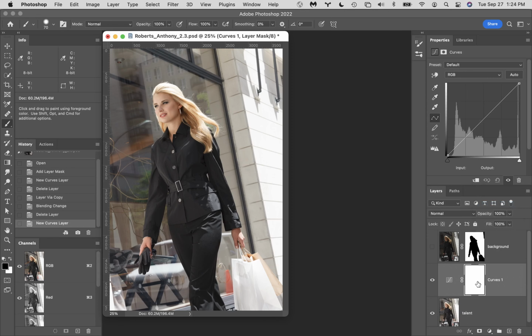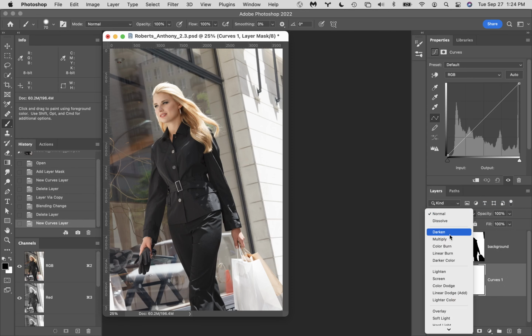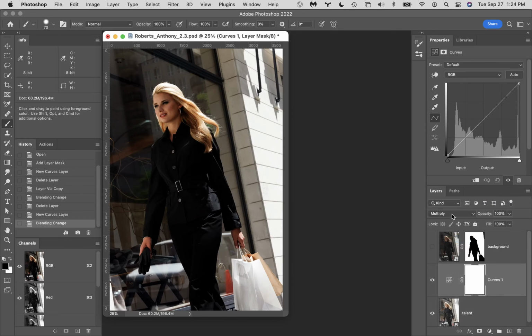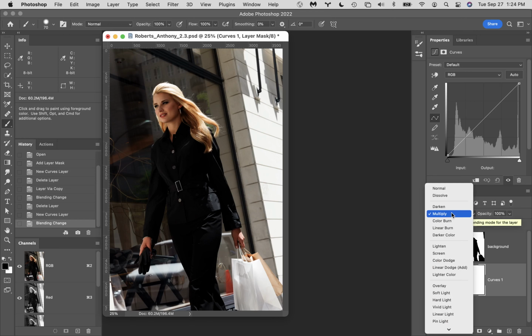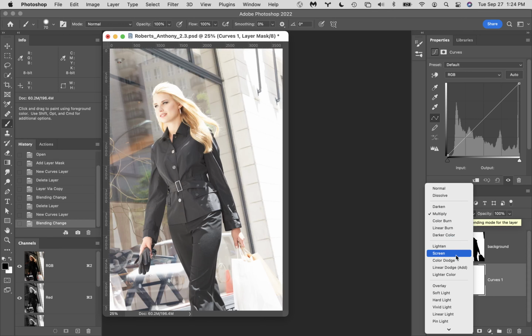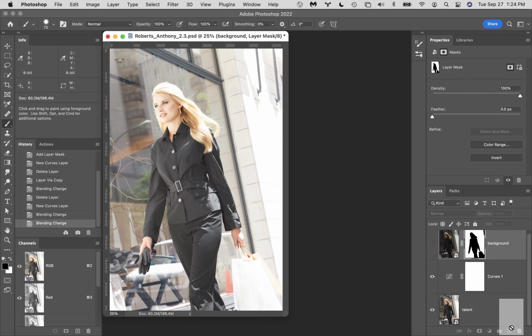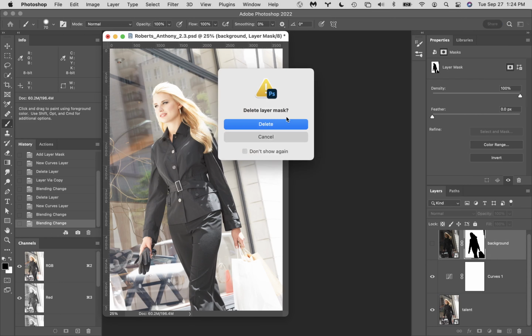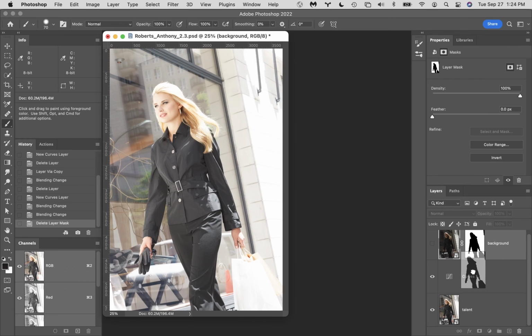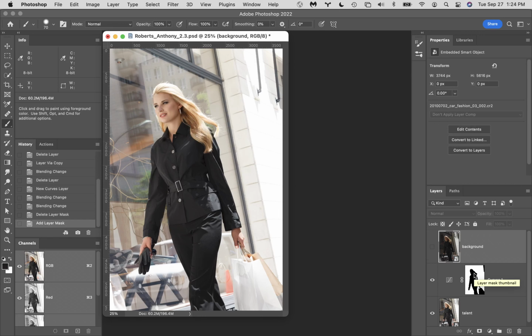On this curve, I'm going to set it to multiply, and you'll see we get the very same thing. So multiply will make this whole thing darker. However, I want to do the opposite of that. I'm going to hit screen to make it considerably lighter. Then I'm going to get rid of the mask that's on there, simply delete it, and drag this down on top of it. So now what I've got is the girl at a normal exposure but a considerably lighter background, and she explodes